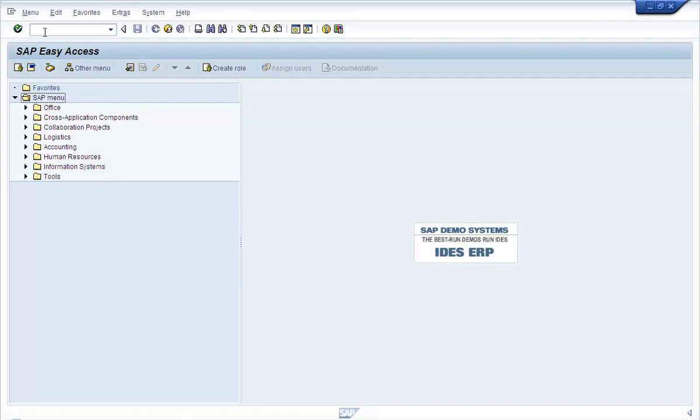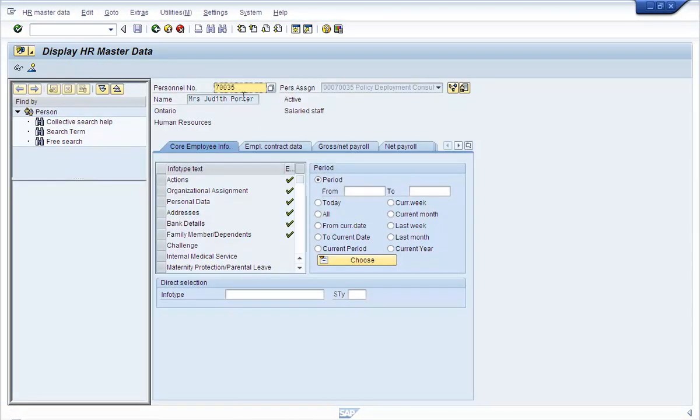So let's go and verify that before we start creating a role to restrict that access. Now, if you look at partner 70035, you'll see the data has been created for these info types. Any info type for which the data has been created for the partner, you will see a tick mark against it.